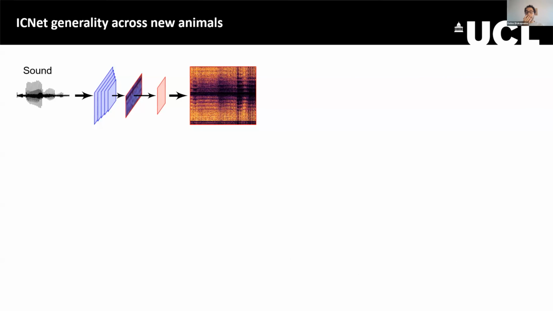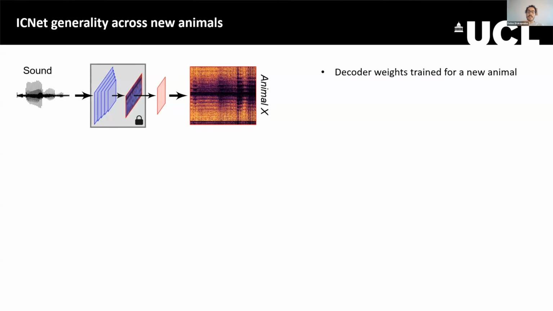So we also designed ICNet so that the encoder can provide essentially a baseline representation of normal auditory processing that can then be used to predict neural activity for any normal hearing animal. And to test this, we used neural datasets recorded from new animals that were not part of the training and updated only the decoder weights of ICNet to predict the new responses, always keeping the ICNet encoder fixed. We tested these newly trained models on a completely new set of sounds that have also been typically used to evaluate neurophysiological phenomena of the auditory midbrain.